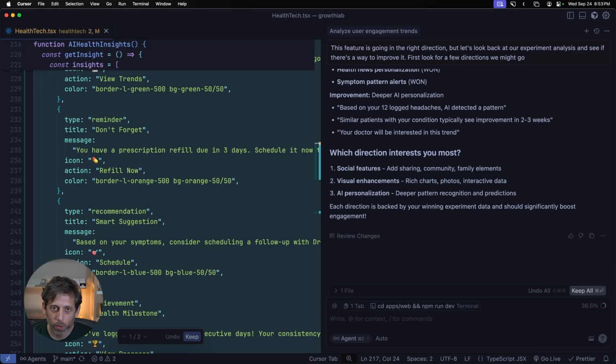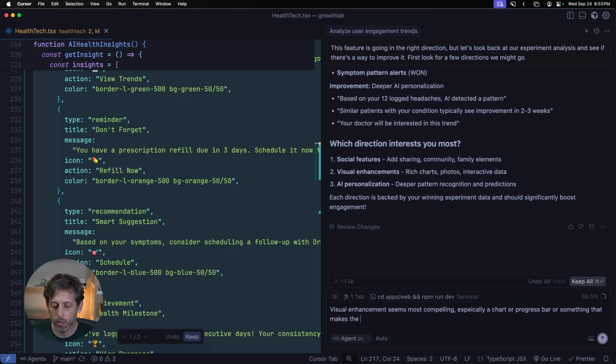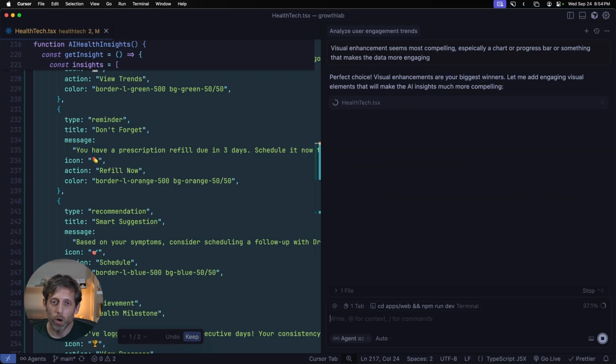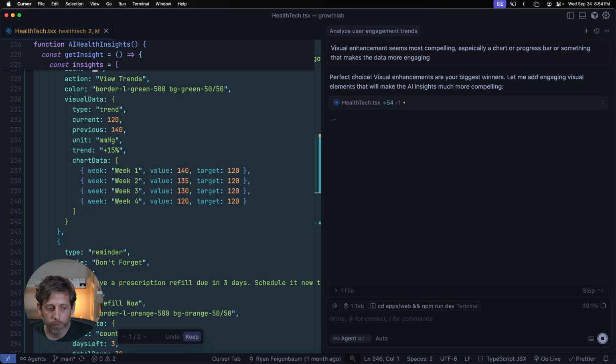So the thing that I thought would be interesting out of this was the visual enhancement. So I'm going to say that visual enhancement seems most compelling, especially a chart or progress bar or something that makes the data more engaging. So now we're already iterating on this first version of the feature. You can see that the